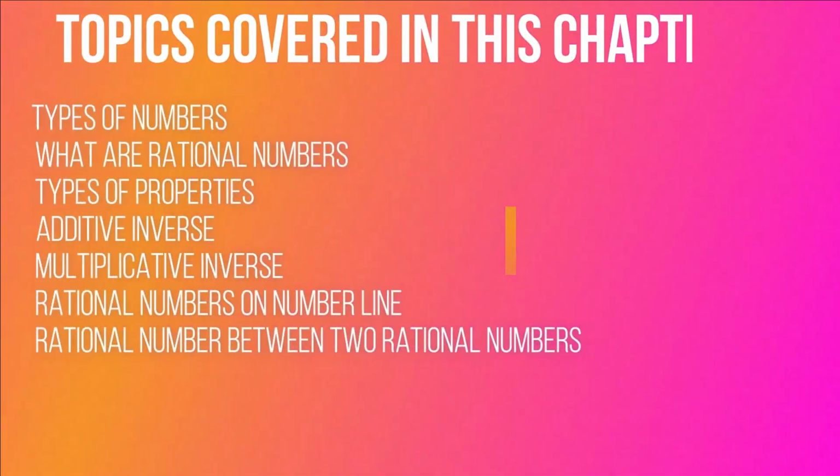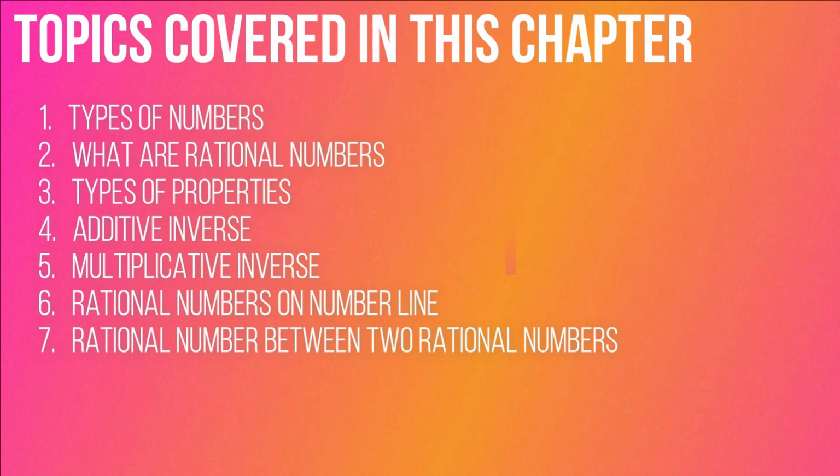In this chapter we are going to have some important topics that I am going to discuss now. The topics in this chapter are types of numbers, what are rational numbers, types of properties of rational numbers, additive inverse, multiplicative inverse, rational number on number line, and rational numbers between two rational numbers. Before we start this chapter of rational numbers, let us first have a recap